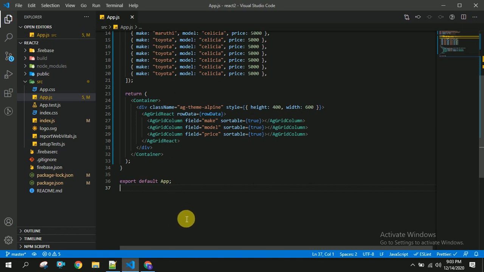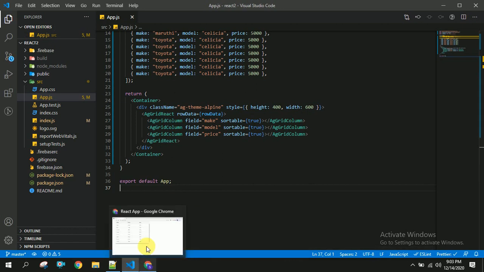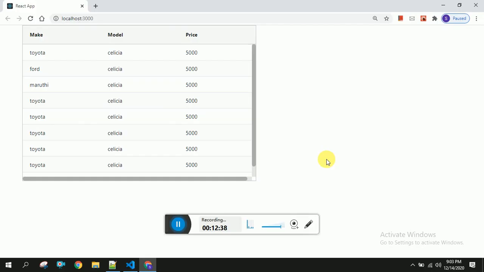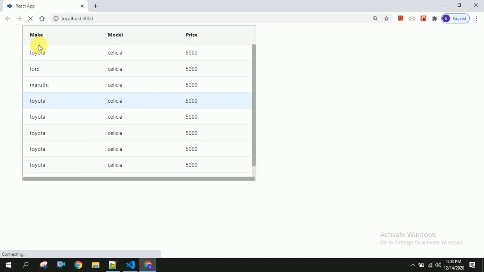So let us go back to the browser now. Once you refresh the browser, you will be able to sort the things. Yeah, we have the make. You can see it is getting sorted based on the alphabetical order. As we have given the same values for model and price, you will not be able to see the change.